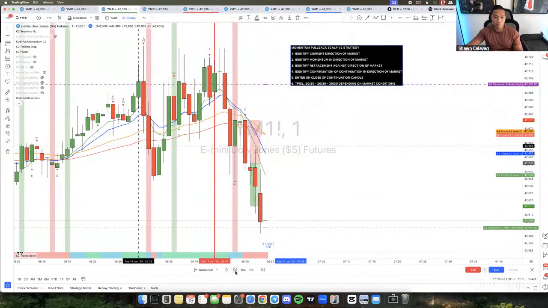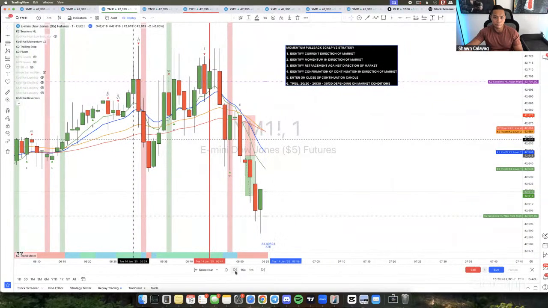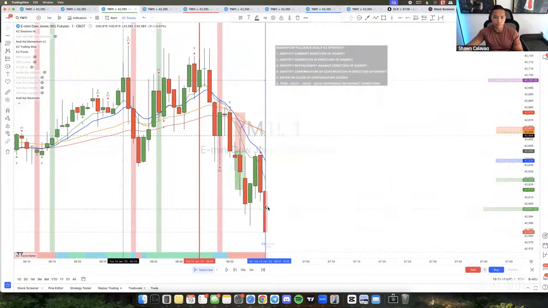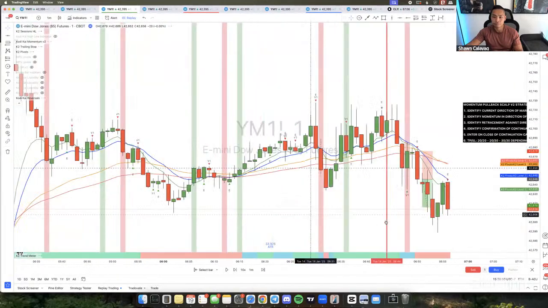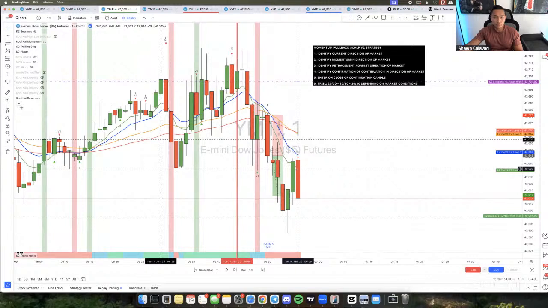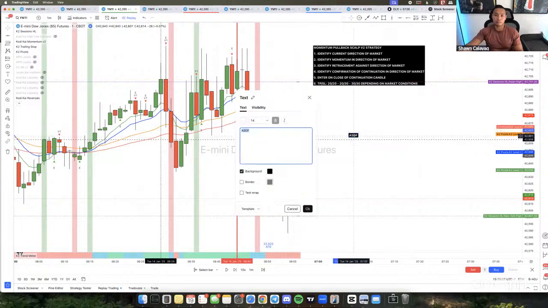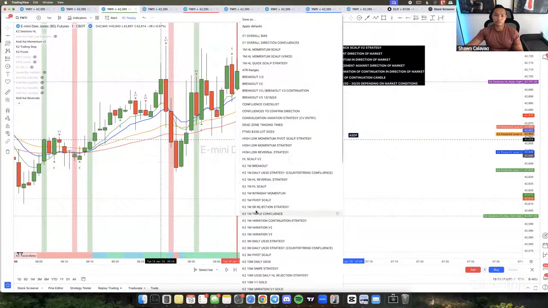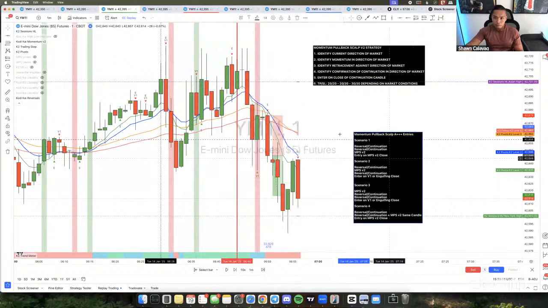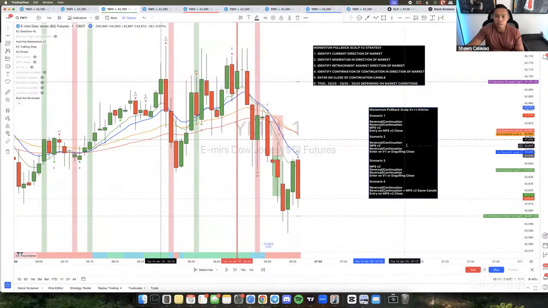There's an A++ setup that came up after, but I believe it was at a red flag. Yeah, so here's the A++ setup. So this is an A++ setup, and let me put them over here. Let me pull up the templates. And I really hate how TradingView always updates. Like for example, clicking on the text box right there, it's kind of hard to pull up the setup. So here are the A++ setups.